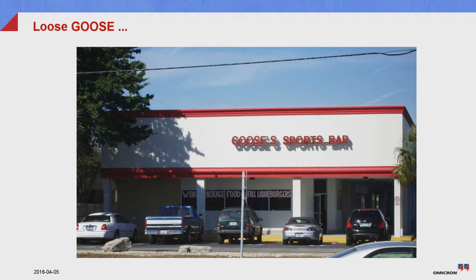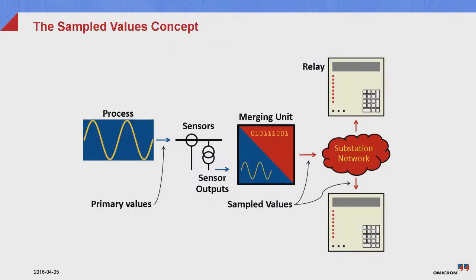Okay, the sampled value concept, very quickly. We heard that the primary values go through the sensors. It can be any kind of sensors, doesn't need to be optical. It can be a Rogowski coil, it can be a conventional CT or PT or 100 trained hamsters or whatever you can imagine.